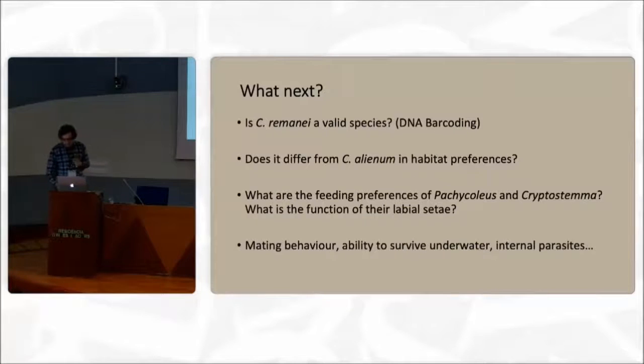But first things first, we have to revise the distribution of Cryptostemma in Central Europe. So this is the place where I would ask you for help. If you have any material of Cryptostemma from Central Europe or from Europe in general, please be sure to check it using the Josefovsky, or you can send it to me for identification. And please let me know whether it is really Cryptostemma alienum or Cryptostemma rehmanni. Furthermore, if you know about any locality where Cryptostemma occurs and you can go there, collect it, bring it to the lab and observe it, I'll be very grateful for any observations